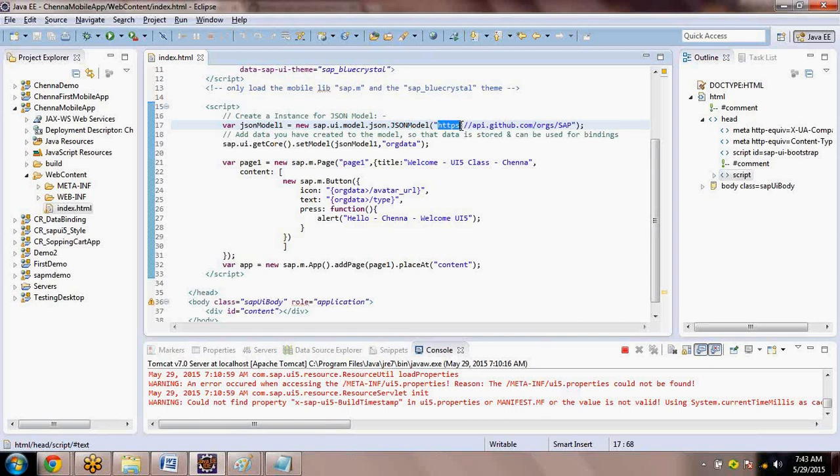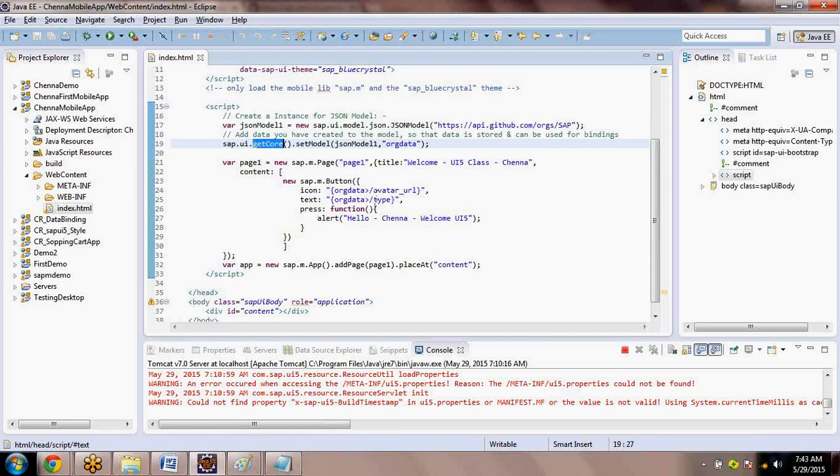But at this point, the data is coming, and the JSON model still contains the data, right? That's what. See, it is an instance. You have to store that to the core. Look at here. This is the meaning of core. You are taking the data and setting it to the core. That means this core stores the data and makes it available for the entire application. Please remember that point.